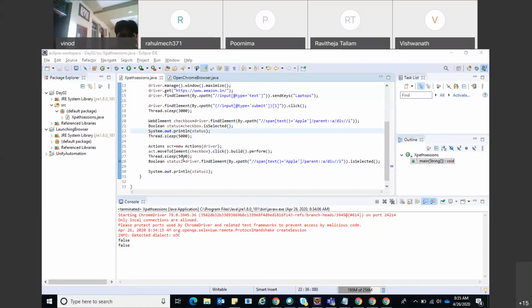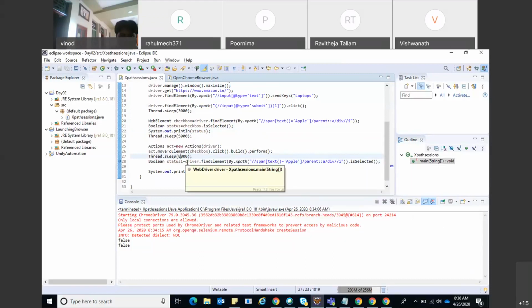Okay, we already put some wait here, right? That is 5 seconds. Yeah, but I think even the wait will not matter because we are clicking elements we have already clicked. So we are not waiting for that to be checked or not. As soon as we click it, it has got checked. The only thing is, after clicking, we are reassigning the Boolean status again, right? After clicking again, we are reassigning to a different object, right? So that might be the